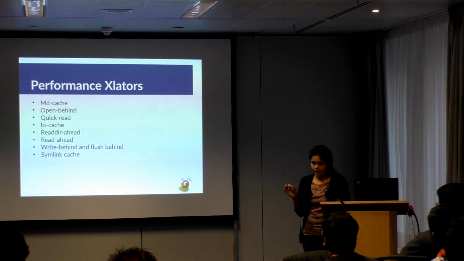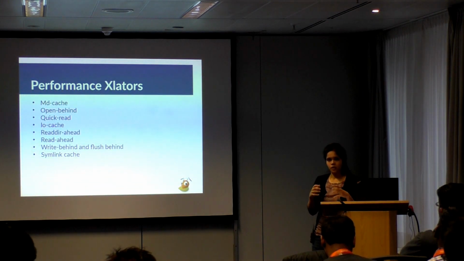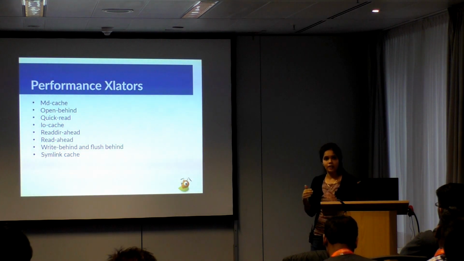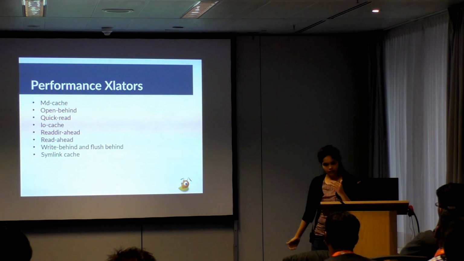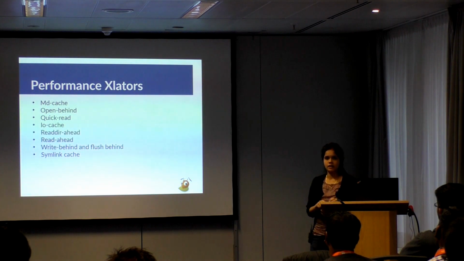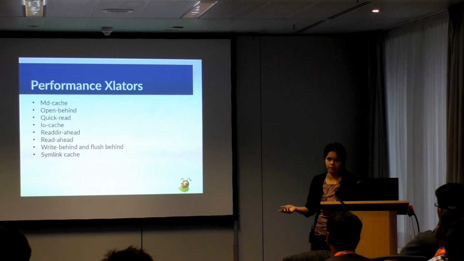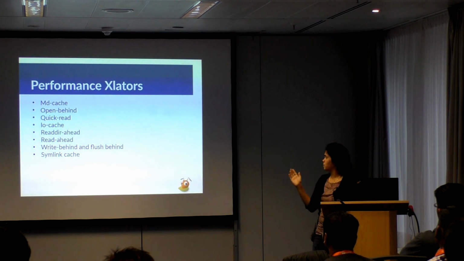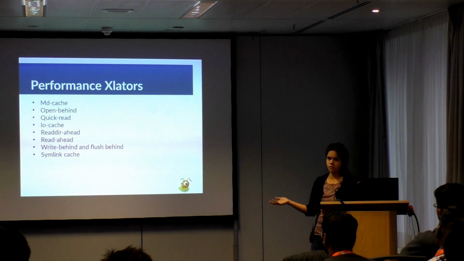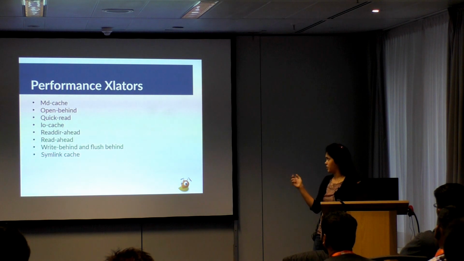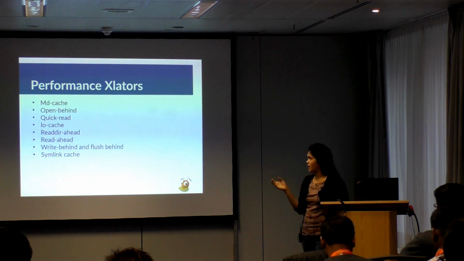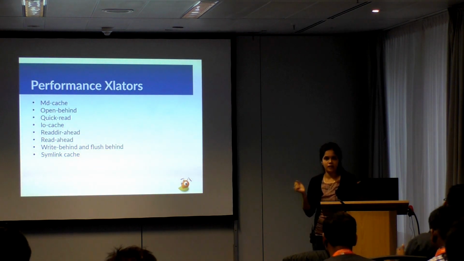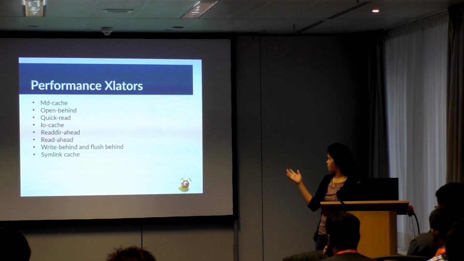Readdir-ahead is another important cache accelerator. In the case of readdir-ahead, opendir spawns a readdirp chain in the backend. Opendir is returned to the application, but asynchronously it starts a chain of readdirp, because you expect that after opendir there will be a readdirp. It prefetches the readdirp entries and stores them in the cache on the client side until the client reads those entries. Then we have read-ahead. It basically prefetches more data during the read to make the read faster.